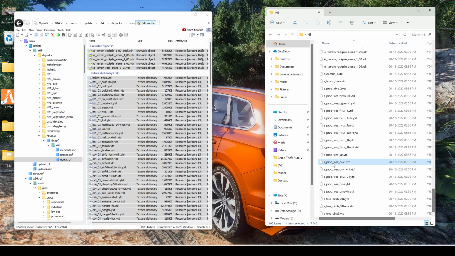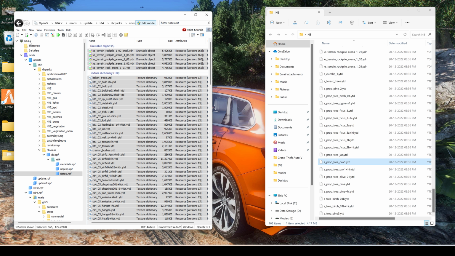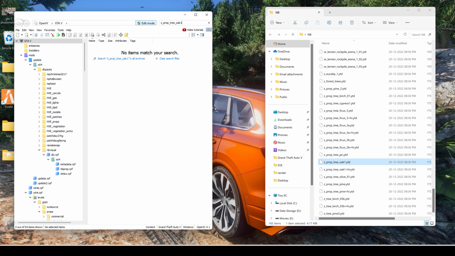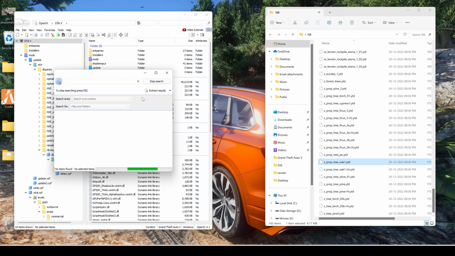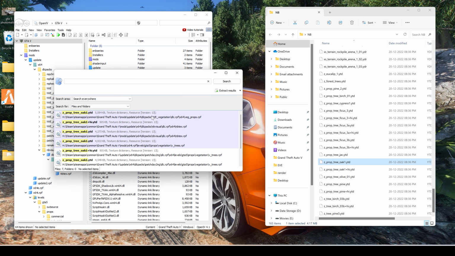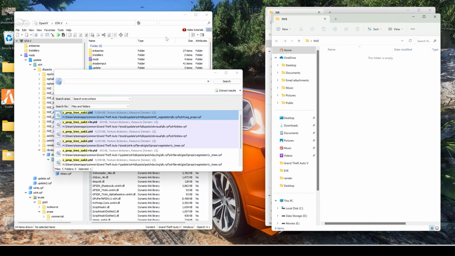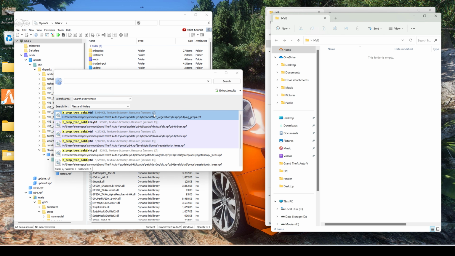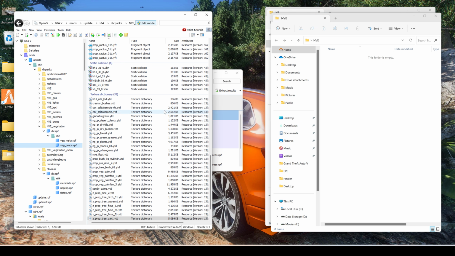So for example, if I take this prop tree oak1, and search for that same file in GTA5 in all archives, you can see from the results that I get NVE vegetation, right? For any files that return NVE vegetation, what I want you to do is create a new folder called NVE on your desktop, go to that particular file, copy that file onto your